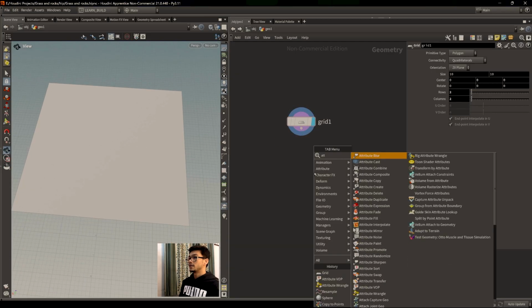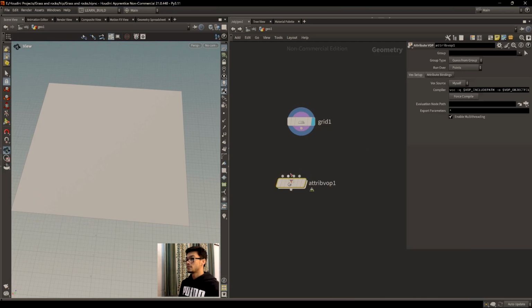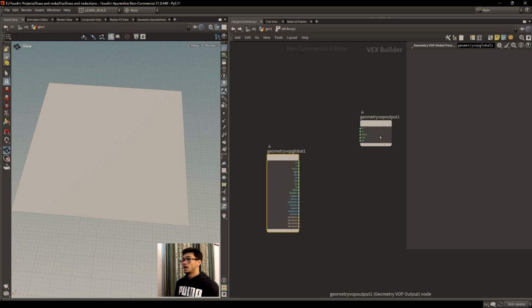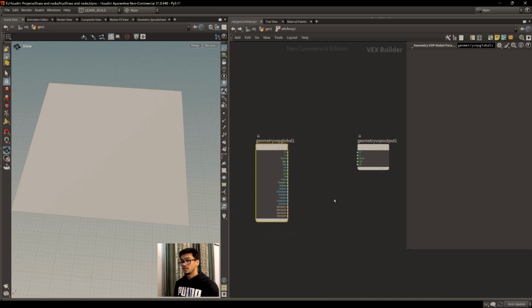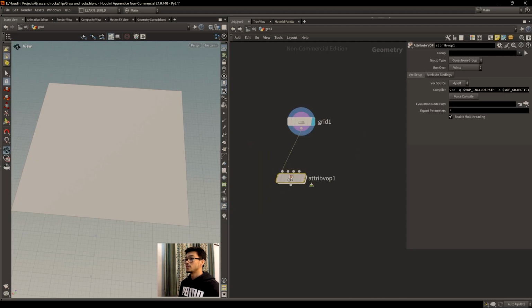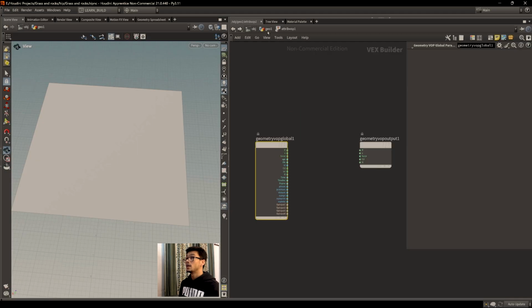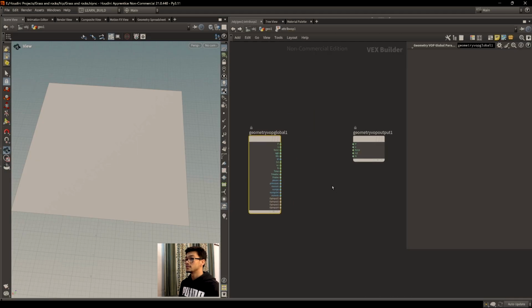Now let's create our attribute VOP. We have been working in the attribute VOP, and I think now you understand how attribute VOP works. These are vector VEX operators, and we are writing code but through nodes. In the next part, when I explain VEX, I will also tell you how you can create the same by VEX. So here I am inside this attribute VOP, toggle the display on,